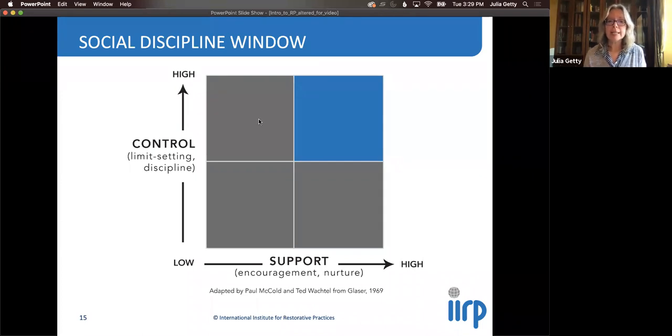If we take a teacher who is high on control, yet low on support, that's the upper left quadrant. What that might look like is you would have a teacher who has high expectations. That teacher holds students accountable. Unfortunately, they don't tend to have the scaffolding in place that allows students to achieve those high expectations. So what tends to happen is there's a lot of frustration on the teacher's part because students aren't performing the way that the teacher expects. So there may be a lot of discipline, often punitive discipline.